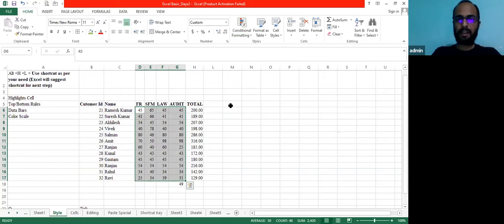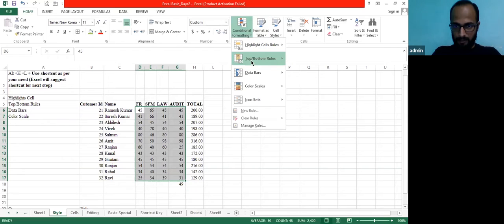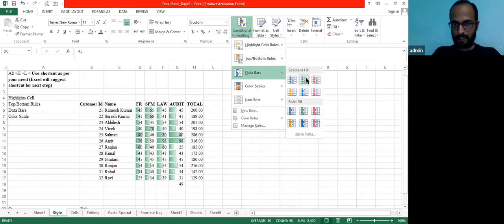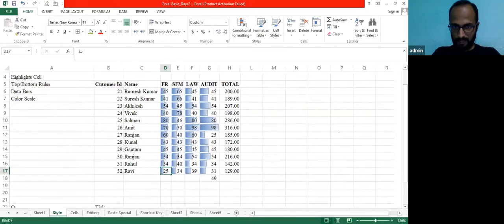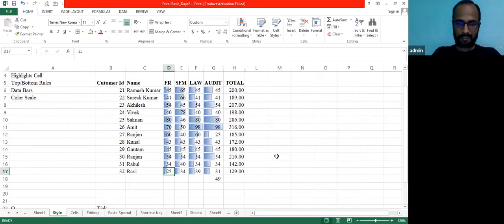So I just want to see the score position. Data bars, then you can select the format that you want. Now you can see the student who has scored 25 is indicated by a very small bar. I hope you can see it. My Excel is visible. And the student who has scored 98, it is indicating 98. So whenever you need a table or some statistics in this format, you can use this command.